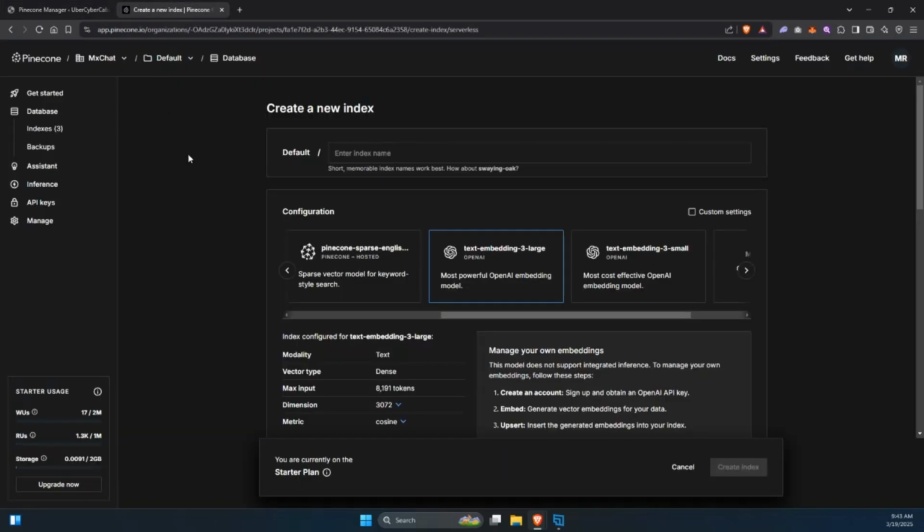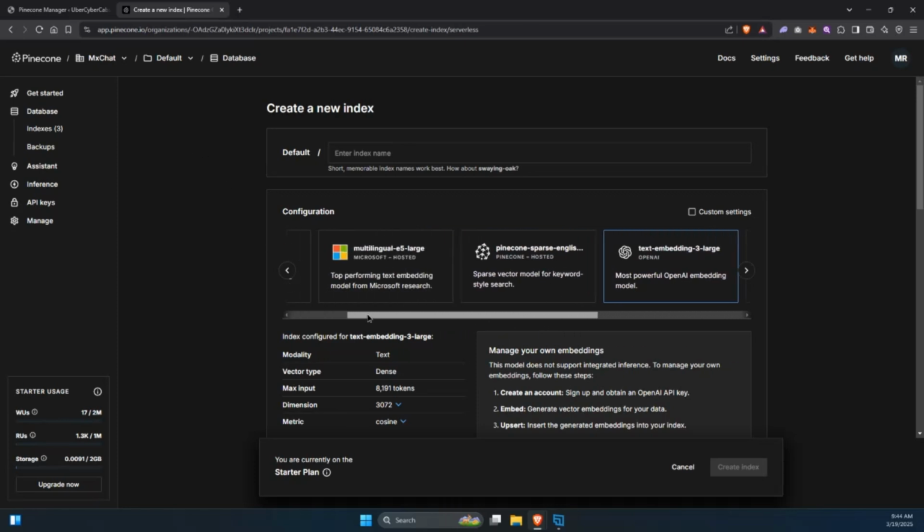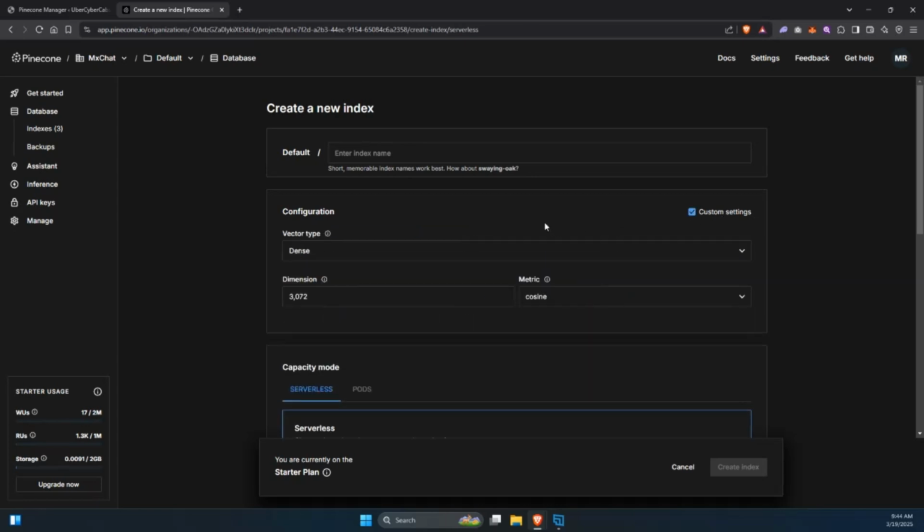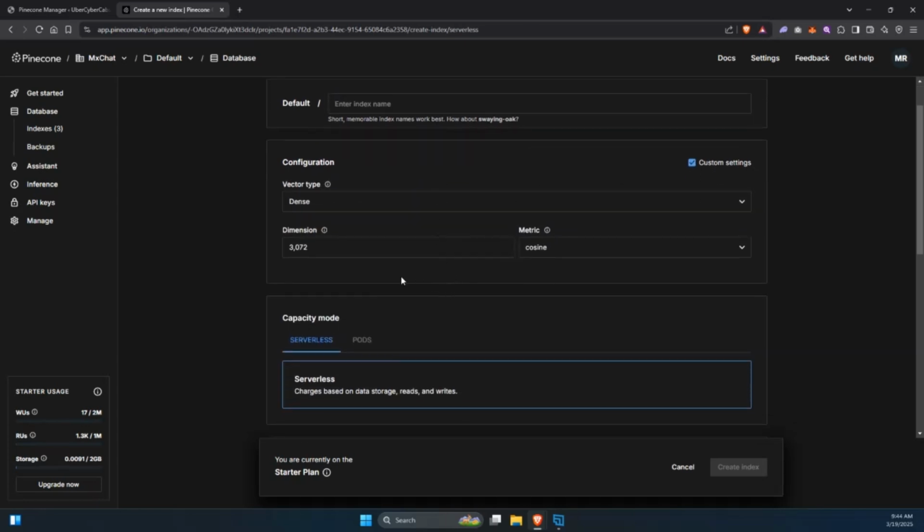After that, once you get into your Pinecone account, they offer a free account. You get a certain amount of indexes and databases for free. This is the part where most people will struggle. So there's a few different things you'll have to do in here. When setting this up, the most important thing is having your vector type, dimension, and metric match the embedding model